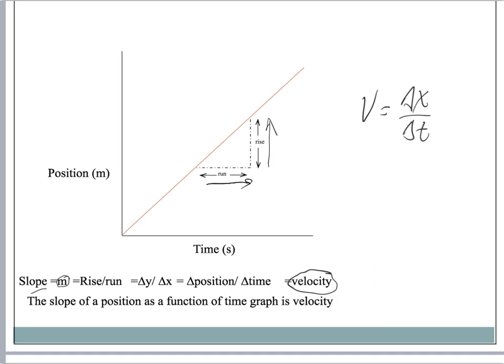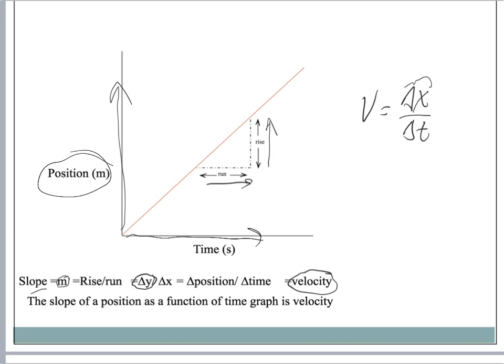And of course we can see that the rise would be the change in the y-axis. So as this goes up, we know that y is changing, and x is changing along the x-axis. Well, if we know that the change in y is equal to the change in position, we can write delta x. And if we know the change in x is the change in time, we can write delta t. And you can therefore derive from a position-time graph this idea that the velocity is equal to the slope of the graph. So it should be very easy to see this idea.